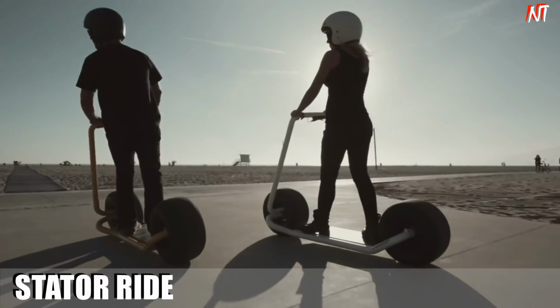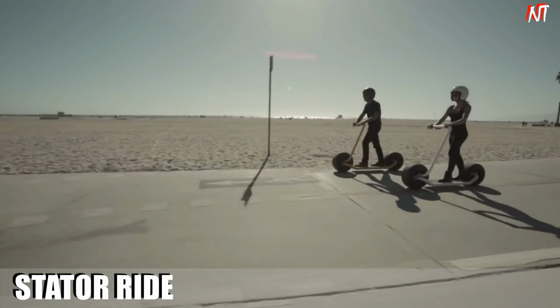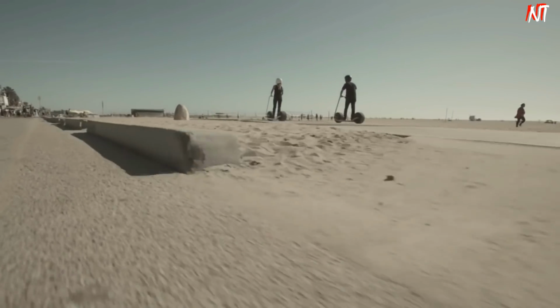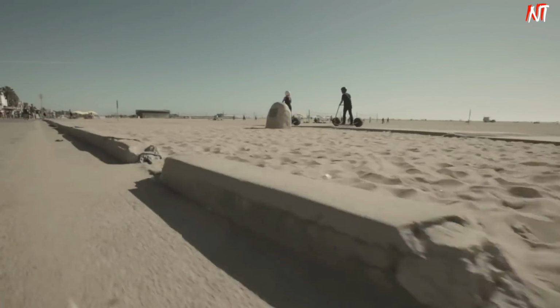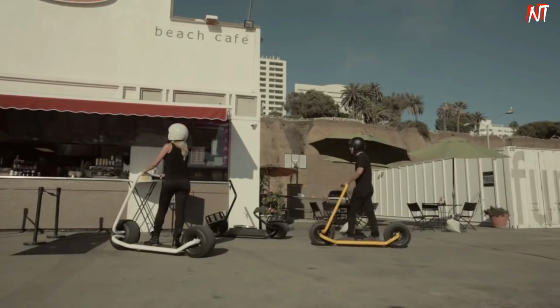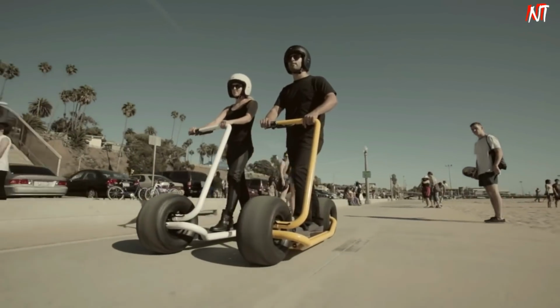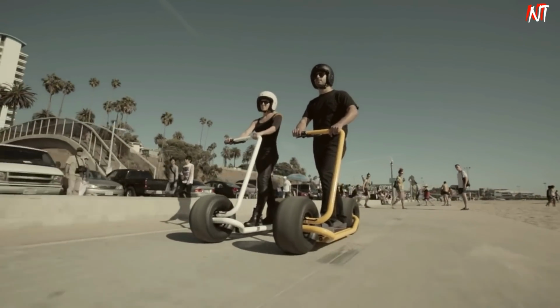The Stator electric scooter is truly one of a kind. Between the giant wide-wheeled tires and the single one-sided cantilever 4130 chromoly handlebar, the Stator is as innovative as it is striking. Those wide wheels aren't just for show either. Not only do they house and protect a 1000 watts motor, but they are also part of the self-balancing nature